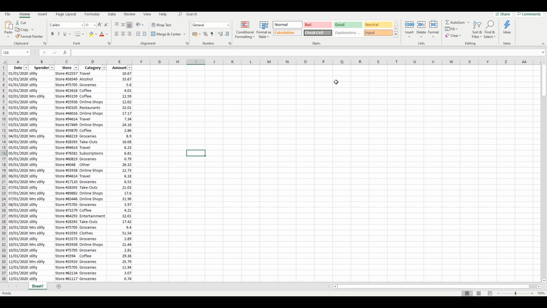So what is our data? The data that we have here is just simple spending data on bank statements or whatever. And what we're going to do here is summarize that data in a particular way, with a view to create almost that template view. So what are our fields? We've got date, spender,